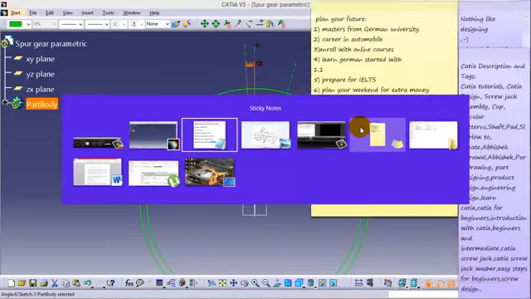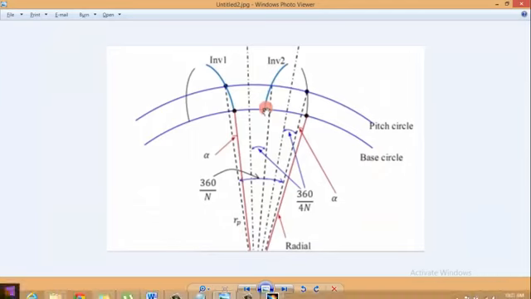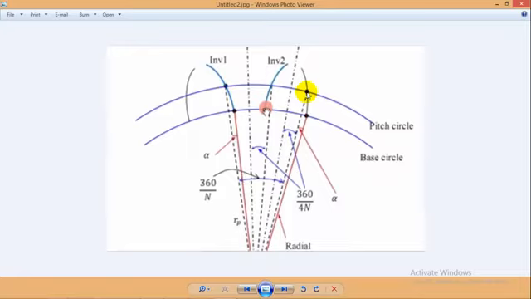We need to go back to this particular figure. As you can see here, the distance between this point and this point is called the diametral pitch, which is always around the pitch circle, and the angle covered by the diametral pitch is always 360 divided by n, where n is the number of teeth. Now we know that the clearance width, that is the distance between two teeth, and the width of the teeth are always the same. So the distance between this particular point and line is the same as the distance between this particular line and point, which is 360 divided by 2n.